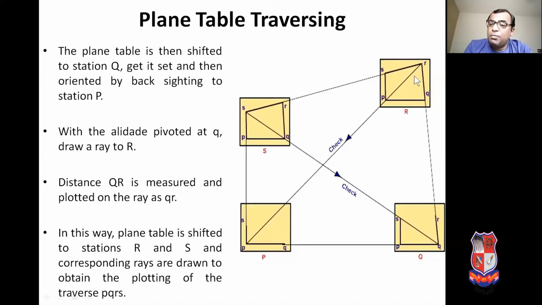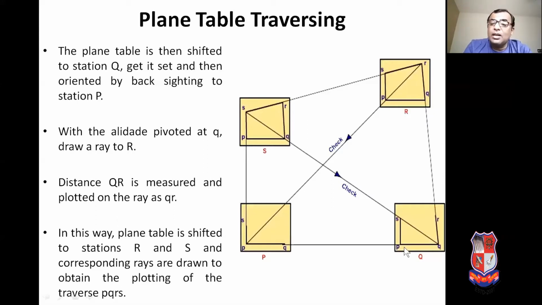After the perfect bisection, the surveyor will draw a line along the fiducial edge of the LED, and the distance capital QR on the ground is measured and plotted on the drawing sheet as small qr. So in this way, the table is shifted.